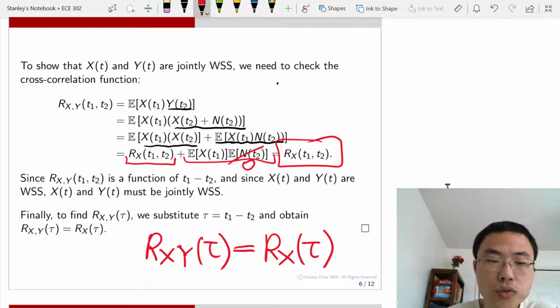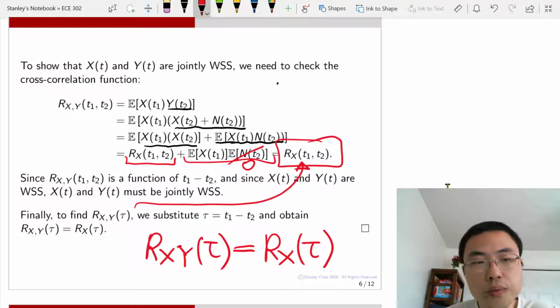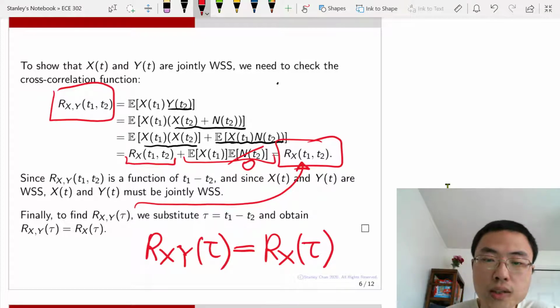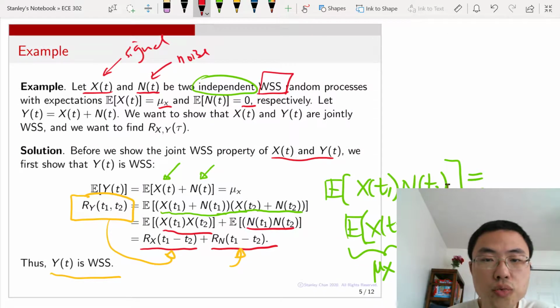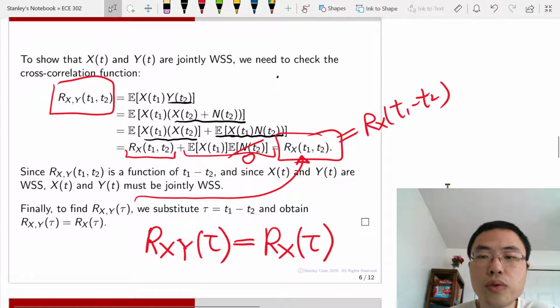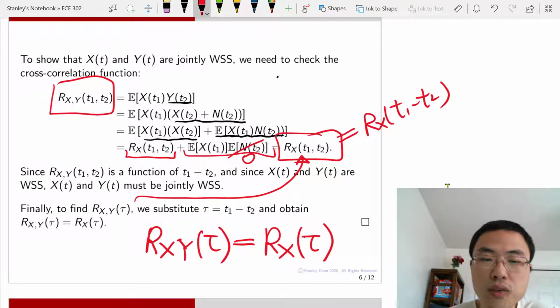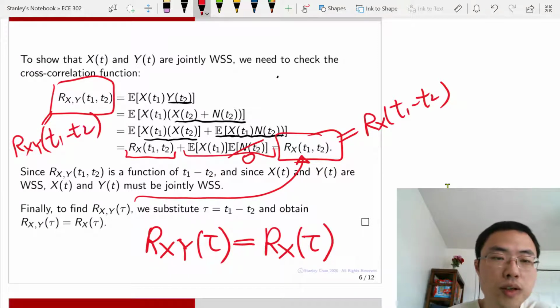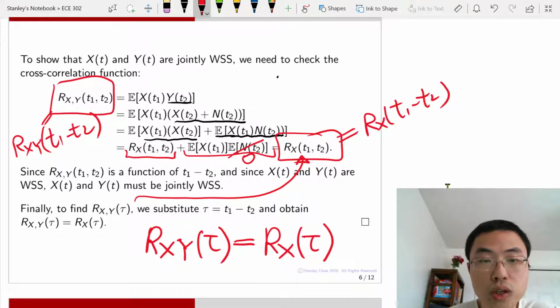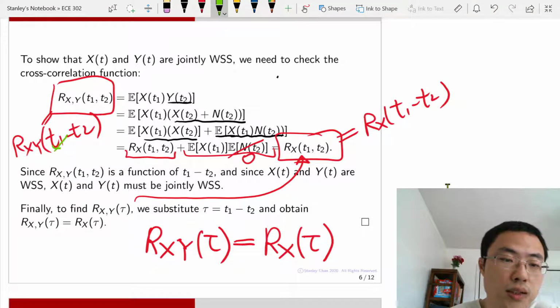The reason is that your Rxy of t1 and t2 is the same as Rx of t1 and t2, and since Rx of t1 and t2 is Rx of t1 minus t2, this is given by the problem. The problem says that x is wide-sense stationary, and therefore the autocorrelation function of x can be written as a function of t1 minus t2. This is also written as Rxy of t1 minus t2, because Rxy, as we have just shown, is jointly wide-sense stationary. And then you replace this by tau,